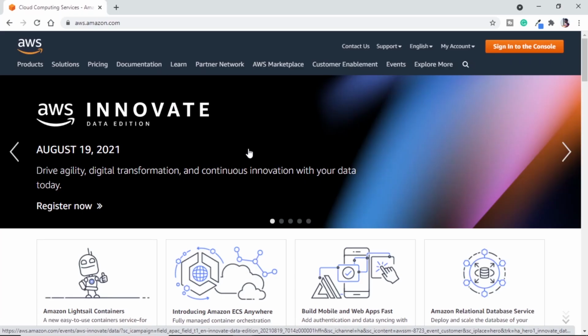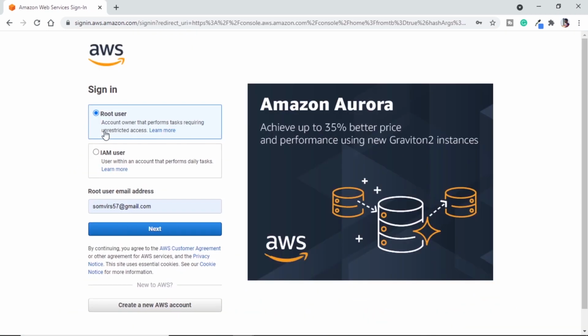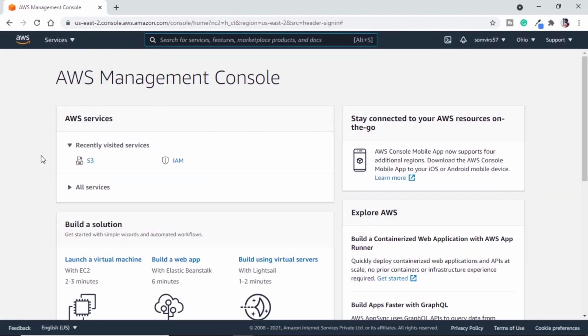The first step will be checking out the AWS console. So if we go to aws.amazon.com, we will get this console, and here we can sign in or sign up. Let me sign in to this console. It will ask us if we are root user or IAM user. We will get to know the difference in a bit. But if you are making the bucket and everything, you can use the root user. But if you are someone who is just using this console, you can use IAM user.